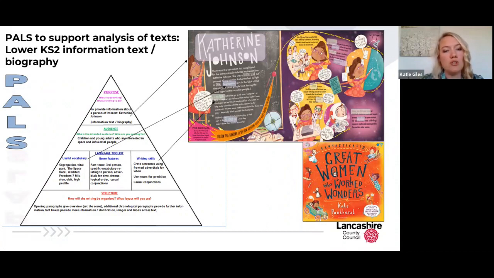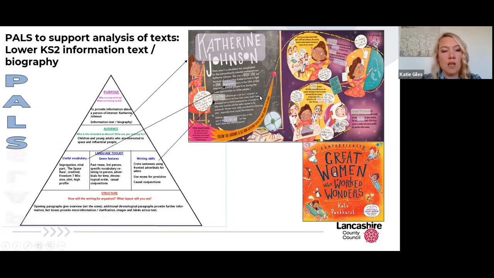In terms of how it's been structured, we can see that we have opening paragraphs that give almost the overview, it sets the scene. So we can see this opening paragraph: there wasn't a calculation too complicated for the extraordinarily talented mathematician Catherine Johnson. She was a bright star, but because of segregation, Catherine had to fight to shine. Segregation laws in the USA of that time stopped Black people from having the same opportunities as white people. So we have that opening paragraph that sets the scene, and then from then we have additional paragraphs that provide